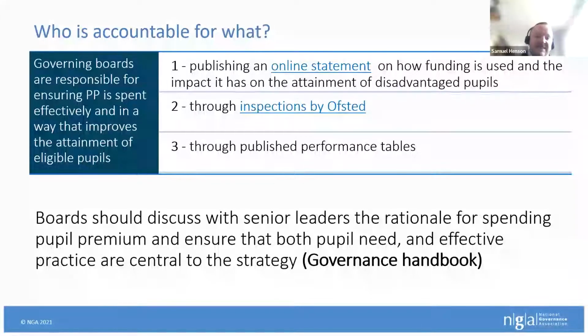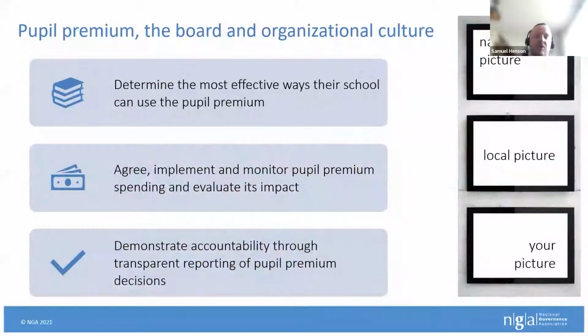vision. And then this links us back to that core function number 1, ensuring clarity of vision, ethos, and strategic direction. And getting the Pupil Premium use right cannot be done without being inextricably linked to the vision, which gives rise to the overall focus of strategic planning. So I think that this is really key to the wider role of governing boards. So this next slide, I wanted to bring us back then to that core function number 1, but then also